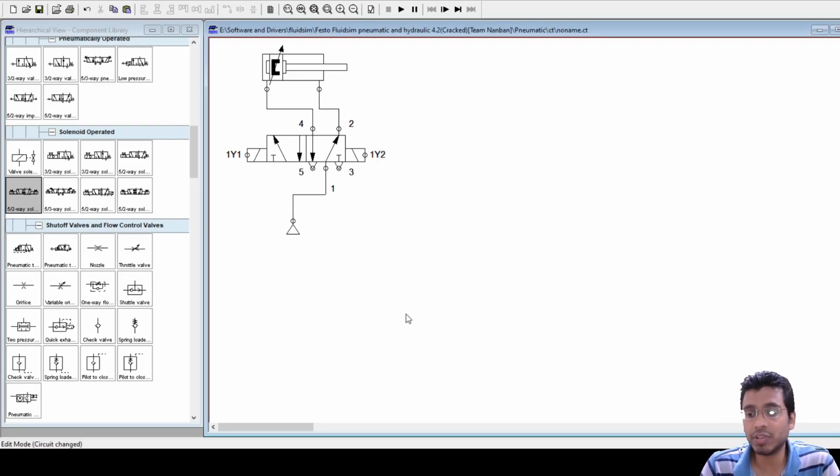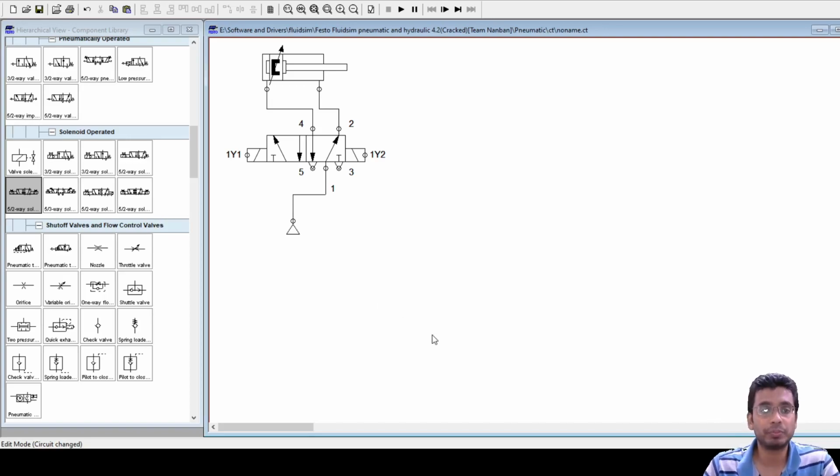Now see, first we are trying to implement this circuit, because to detect both the positions we require some type of sensors, either a limit switch or a sensor. The difference between a switch and a sensor you should remember: one is the mechanical contact type that you call a limit switch, and the non-contact types are all your electronic sensors, which you call sensors.